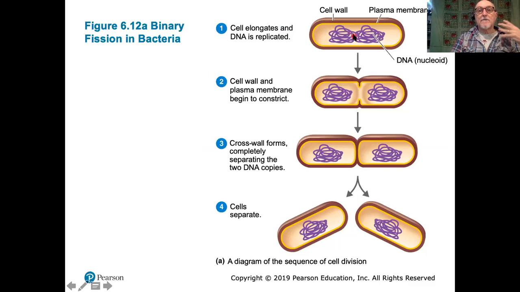Bacteria have a single large circular chromosome. The chromosome is entirely duplicated. Along with that, by the way, if there are plasmids and other things, those are also duplicated. And both the cytoplasm and the genetic material is apportioned equally to the other side of the cell. And then the cell pinches off and a new